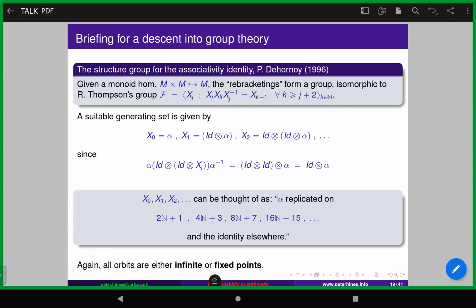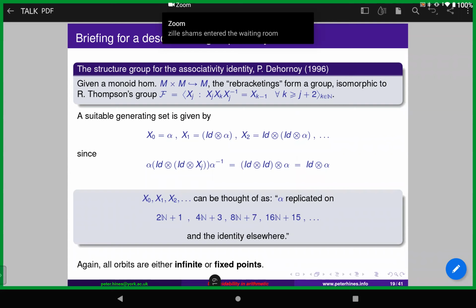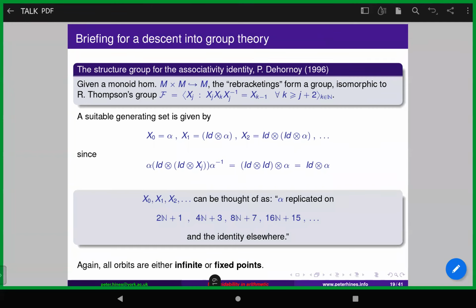So we have the generators of Richard Thompson's group, we have the defining relations, and we have a result of Matt Brin that says Richard Thompson's group doesn't have any non-abelian quotients. So this is a homomorphic image of Thompson's F, but actually, because we know it's non-abelian, it's isomorphic to Richard Thompson's group F itself. And simply using the interpretation of Girard's conjunction, these generators are simply replicating this associativity isomorphism